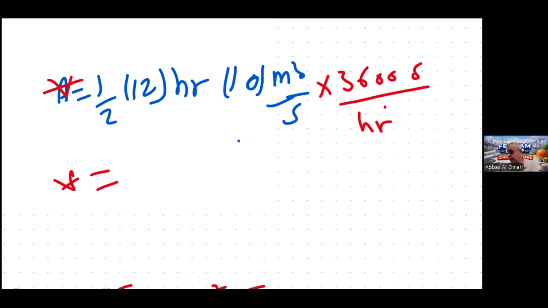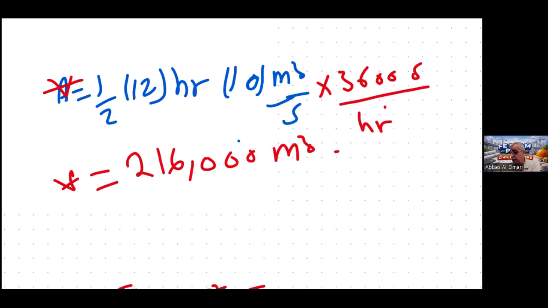216,000 meter cube. So this is a simple problem, but it is also one type of question that occurs in the FE exam. So the total volume is the area under the hydrograph, but you have to take care of the units. So the next question,